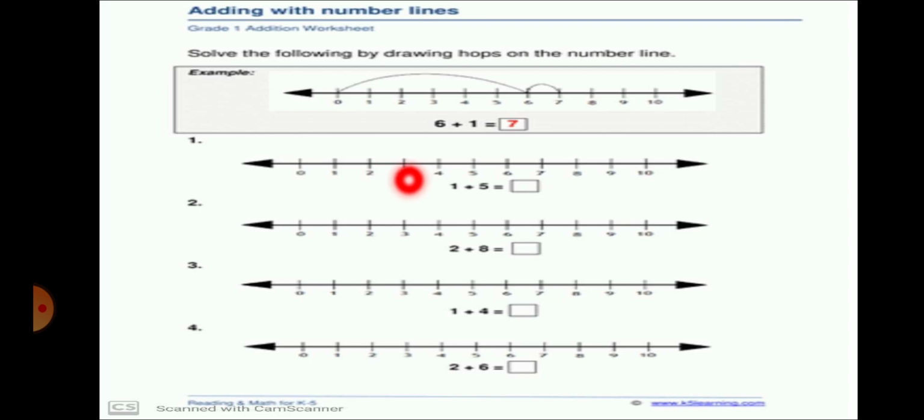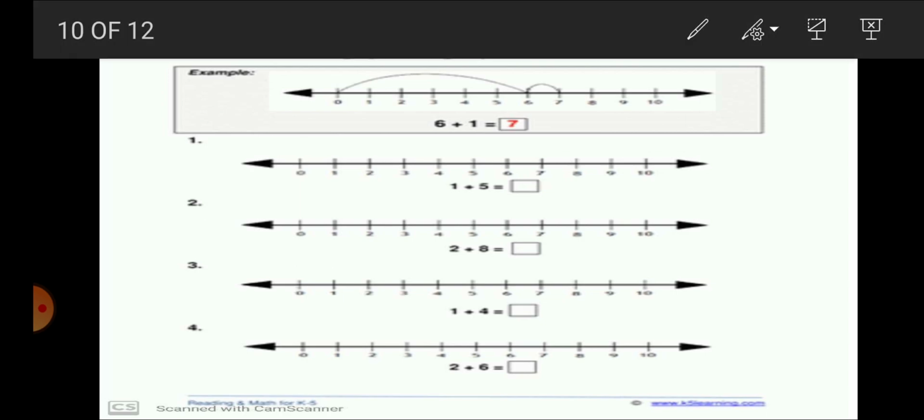Okay, in this what do we have to do? This is 6 plus 1. So first of all, we have to find number 6 on the number strip. Where is number 6? Here is number 6. Reach till number 6. Then 6 plus, we have to move one step. 6 plus 1. So move one step forward on the right side of the given number.